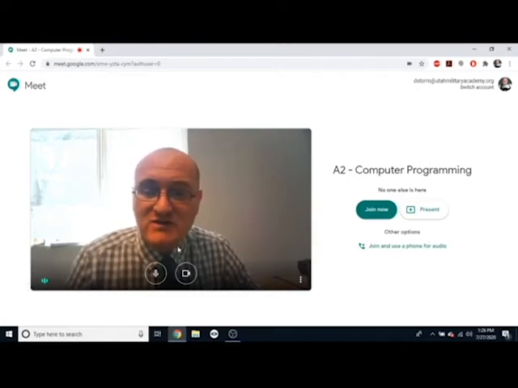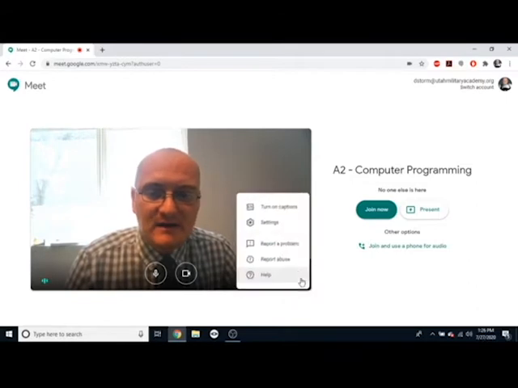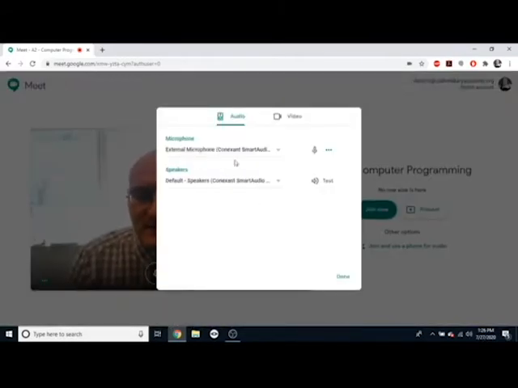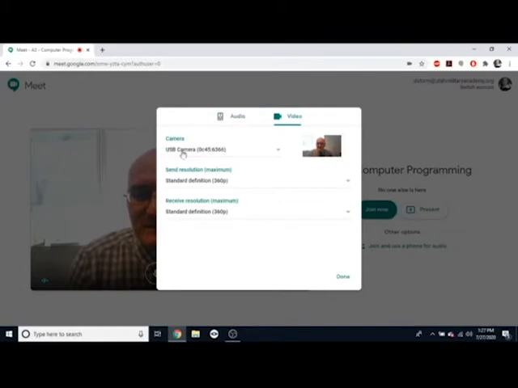If I want to make sure that the camera and microphone are the right camera and microphone, I can click here and go to Settings. And in Settings, I can see in my audio, I'm using my external microphone, which is what I want. And in video, I can see I'm using my USB camera, which is what I want. And I can also set my